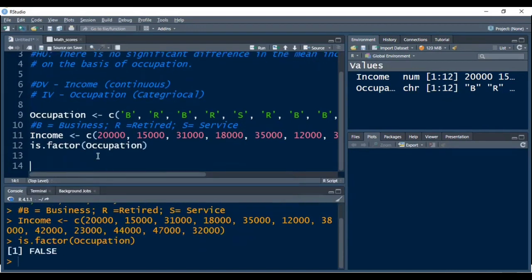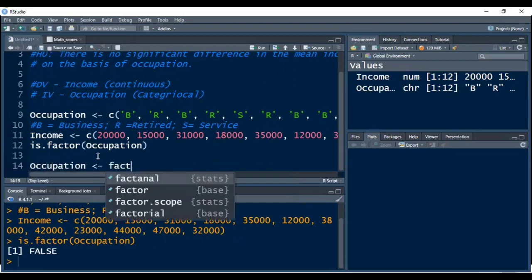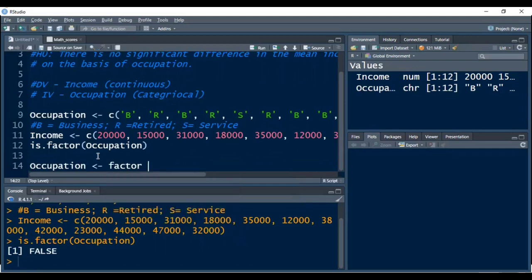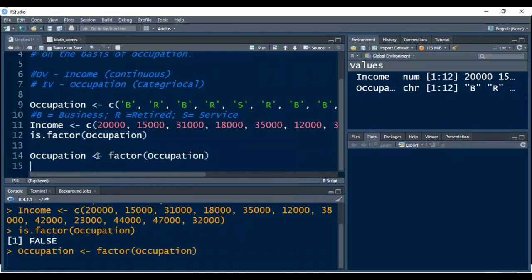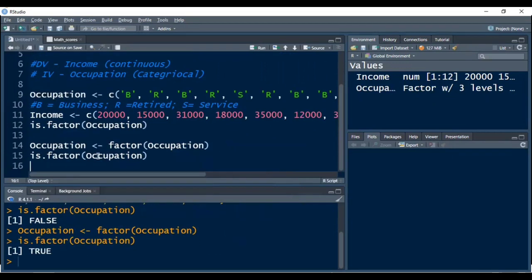I can convert it into the categorical variable using occupation, and again I am storing the result in the occupation. I am pressing Control Enter. You can see I am not getting any error. Now again I'll check whether it is converted into the factor or not. I am pressing Control Enter, and R is giving me that true. That is, it is now converted into the